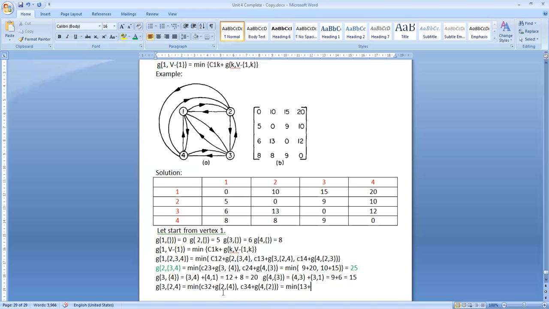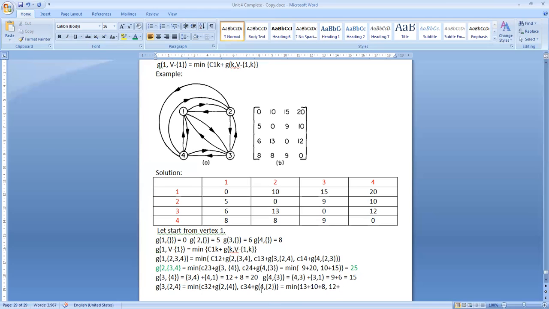Plus, what is this G2,4? 2 to 4, then 4 to 1. 2 to 4 is 10, plus 4 to 1. 4 to 1 is 8. 8, comma. Then, what is the next one? 3 to 4. See, 3, 4, 12. This is 12. 12 plus,